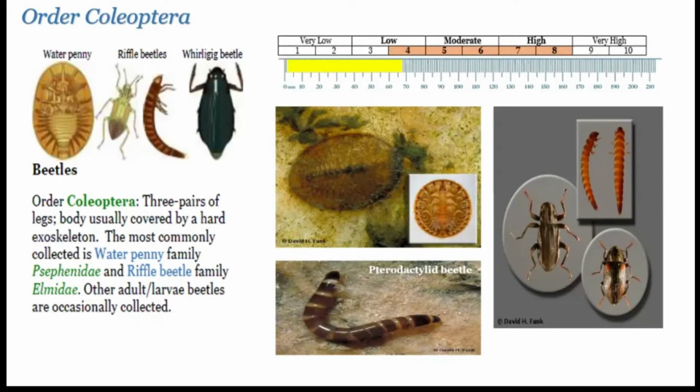What's interesting about the beetle also is some of them, the adult stages are also aquatic. So the larval and adult stages are both aquatic, unlike most of the other BMIs. And I have a picture there of what I call the pterodactylid beetle. And I just like that word because pterodactylid is a cool word. It looks a lot like riffle beetle. So if you ever collect one of those, be careful with your ID. You might have something a little different. They have a low to moderate to even a high tolerance. So they can live in a variety of environments. And they also get pretty big.